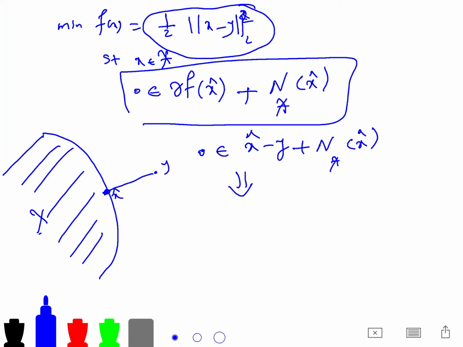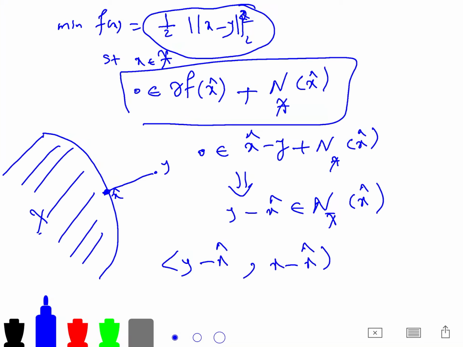So we conclude that y minus x hat is inside the normal cone at point x hat. And this is exactly when the inner product between y minus x hat and